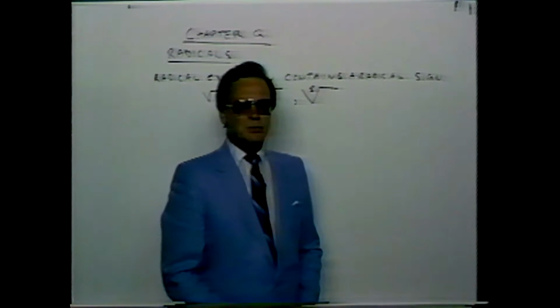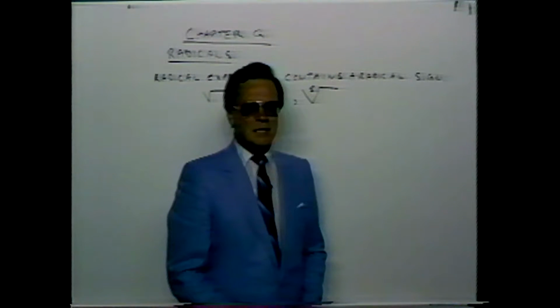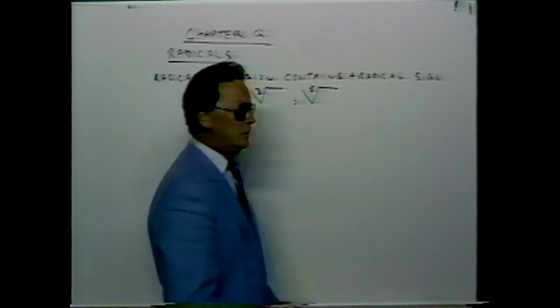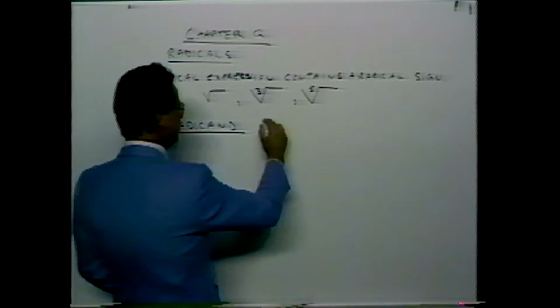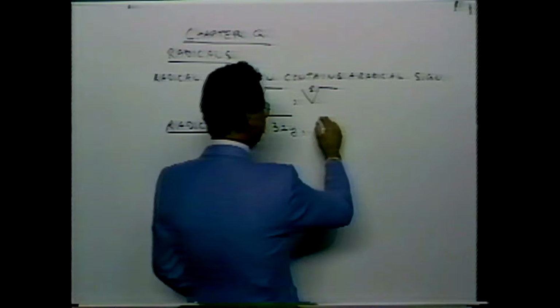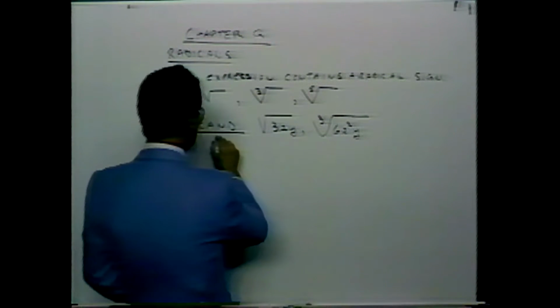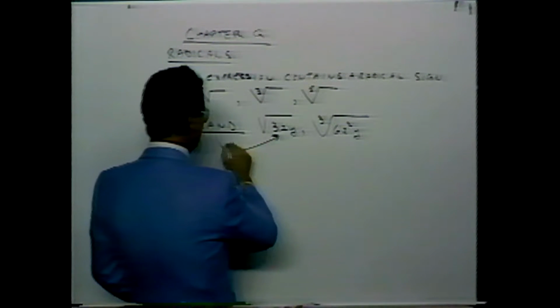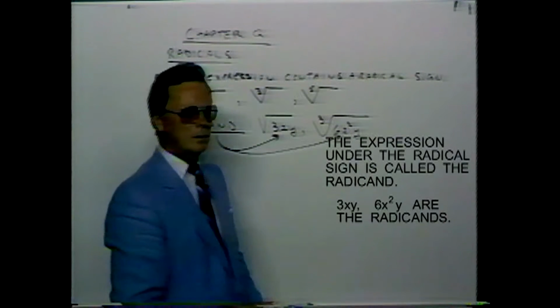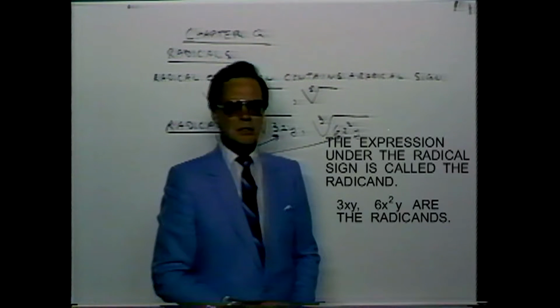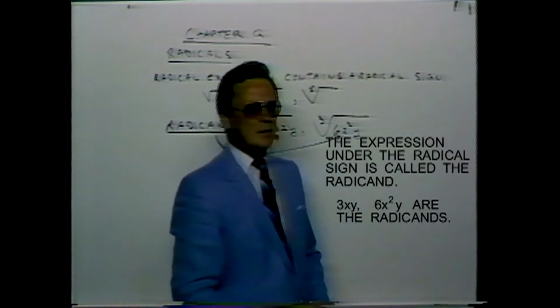The part of the expression under the radical sign is called the radicand. Radicals can be written with fractional exponents, and sometimes this is desirable. For example,